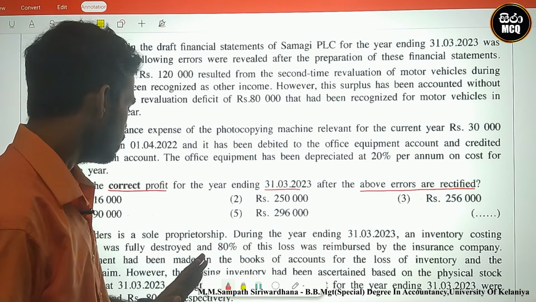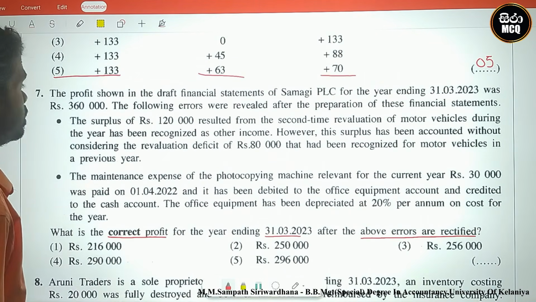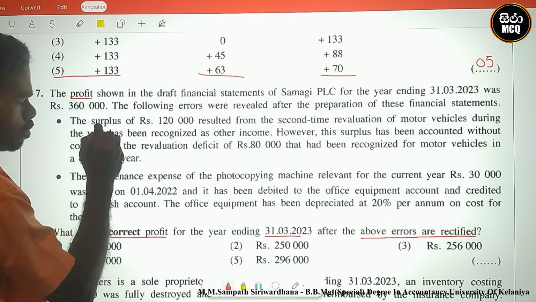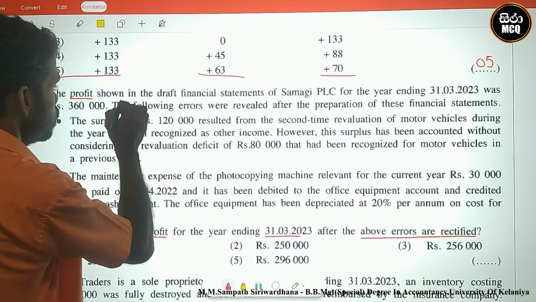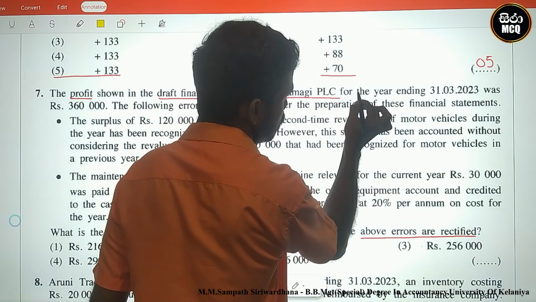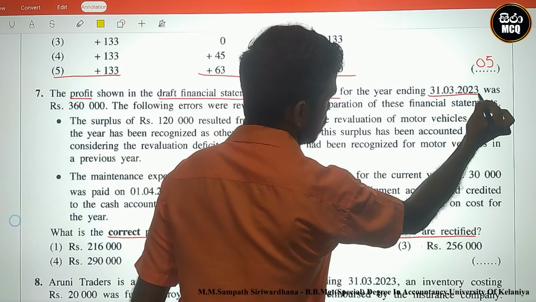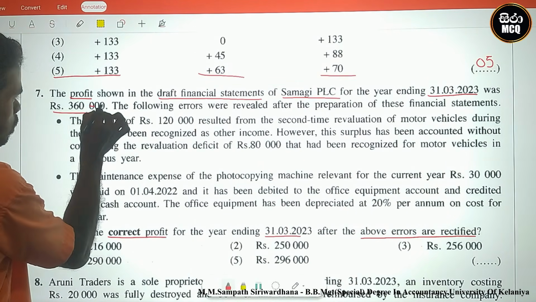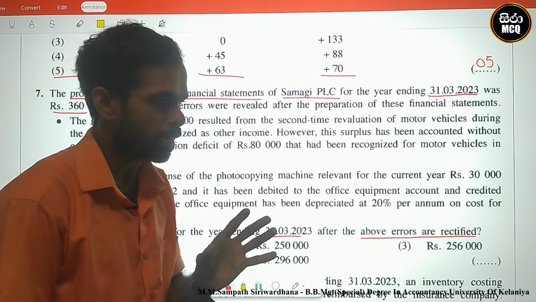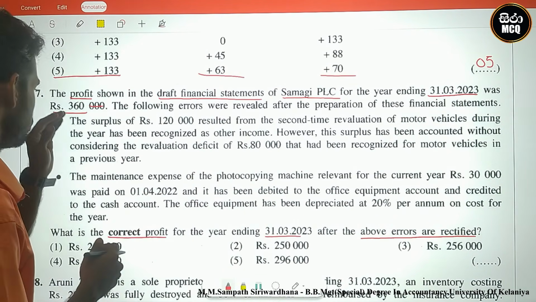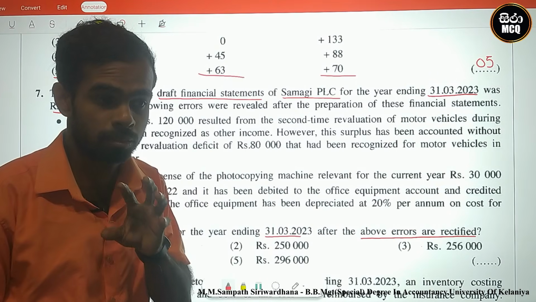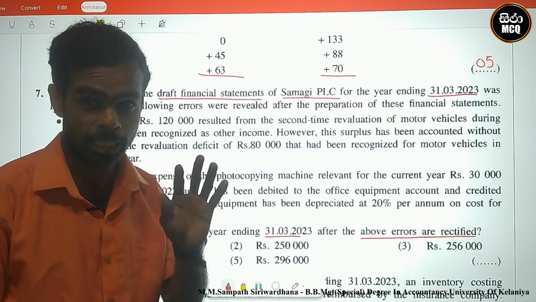Okay, let's see. This is a company-related question. Look here. What is the information? The profit for the period shown in the draft financial statements of Samagi PLC for the year ending 31st March 2023 was 360,000. Samagi PLC is a private limited company. Therefore, I create the profit or loss and other comprehensive income statement,